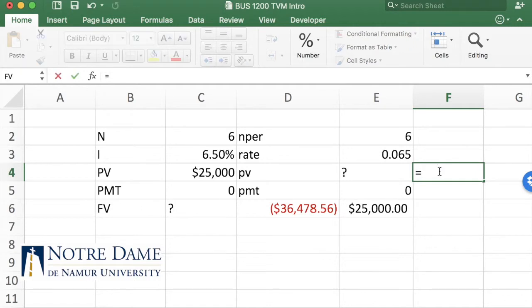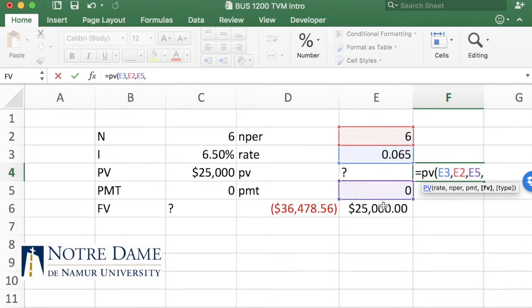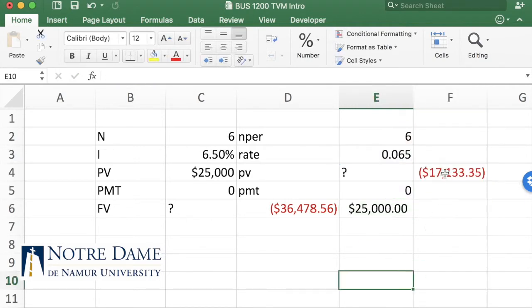That's what I was looking for. It's simple. It's equals present value, parentheses, and we got rate, comma, N, comma, payment, comma, future value, and parentheses, enter. So I deposit $17,133 today. If I get 6.5% interest compounded annually over 6 years, I will end up with $25,000. So you can see it's really easy to use spreadsheets to calculate the answers. I strongly urge you to put them into cells and then reference your cells in the equation